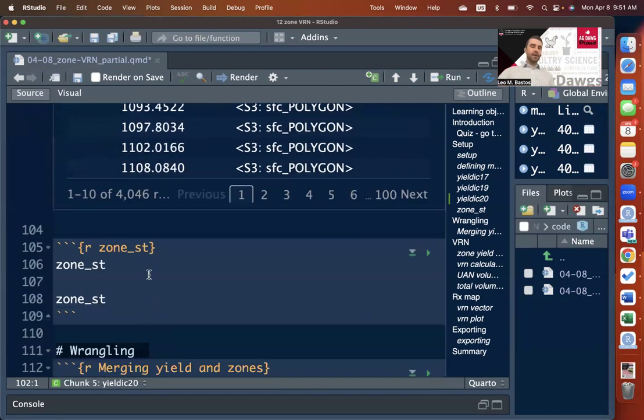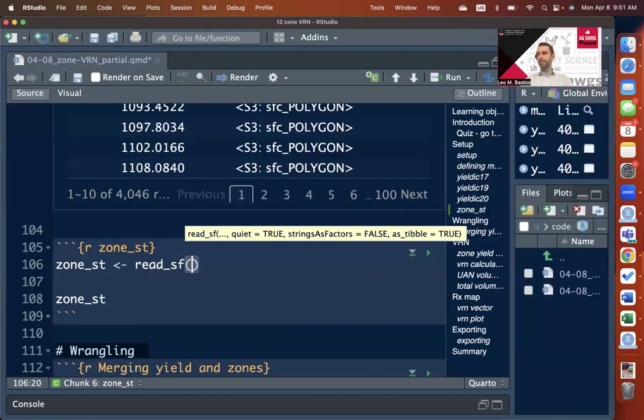So if you come here to the next chunk, we're going to bring in the actual zone shape file or GeoJSON file that we exported from the previous exercise. So again, this chunk here depends on you completing the exercise that we had on Friday, because we exported this at the end of that exercise. So if you come here, let's call read_sf again, as this is an sf object. We need to navigate to that